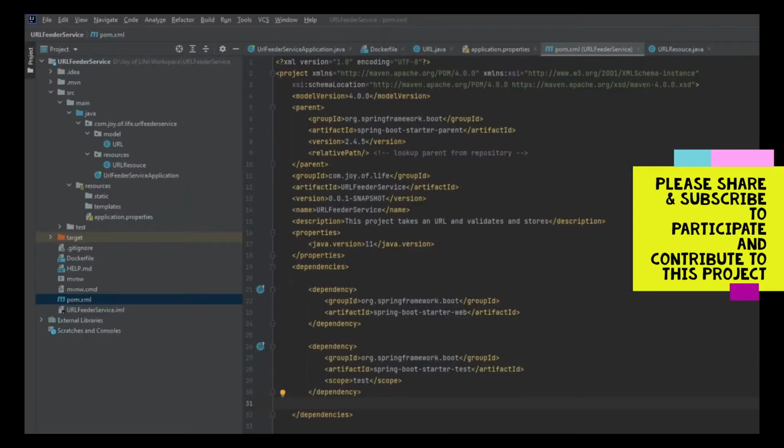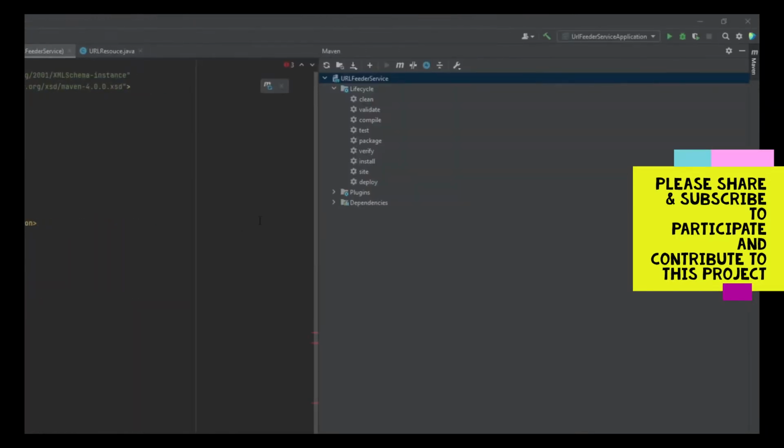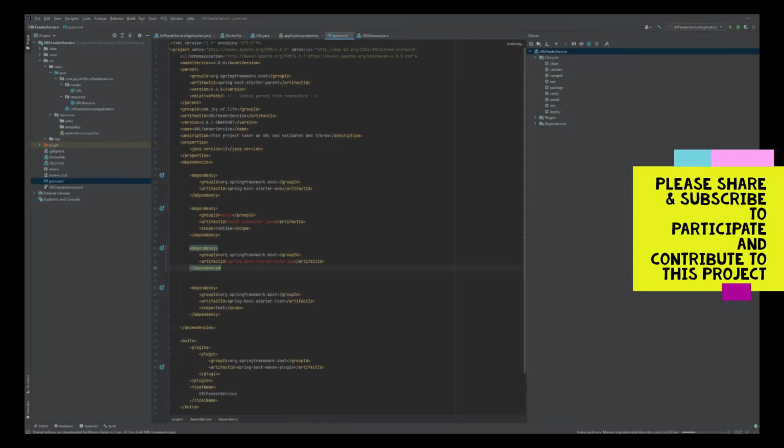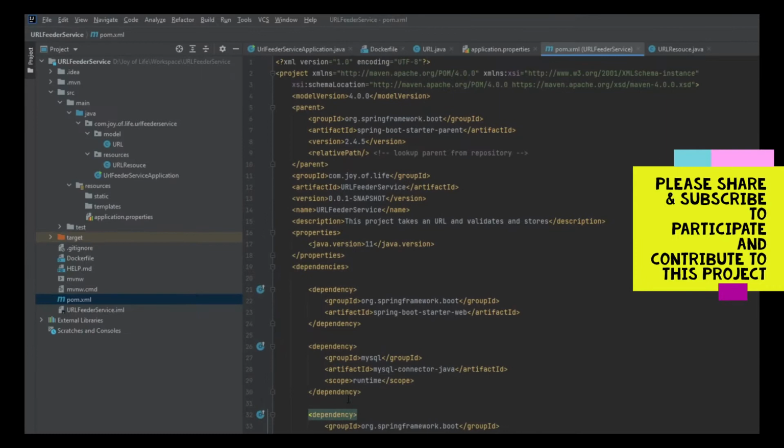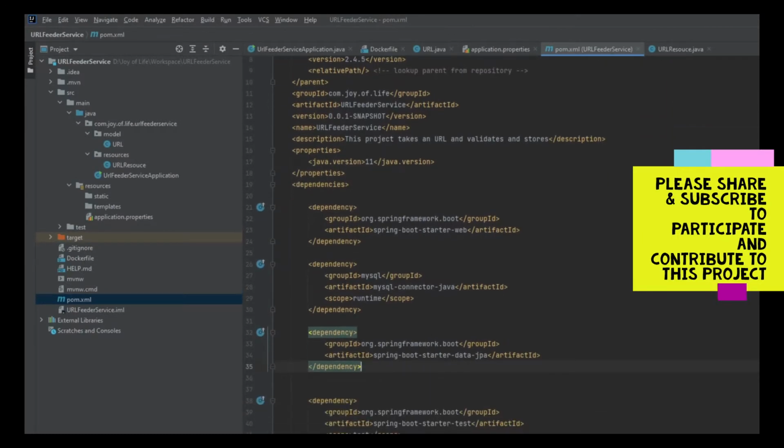So to start with, we are going to add the dependency for MySQL and Spring JPA into our project. First one is MySQL, and the next one would be for our Spring Boot Starter Data JPA. And next what we are going to do is re-import the project. The error should be gone. So you can see over here that the dependencies have been resolved and it's no more in red. So we are good with this.